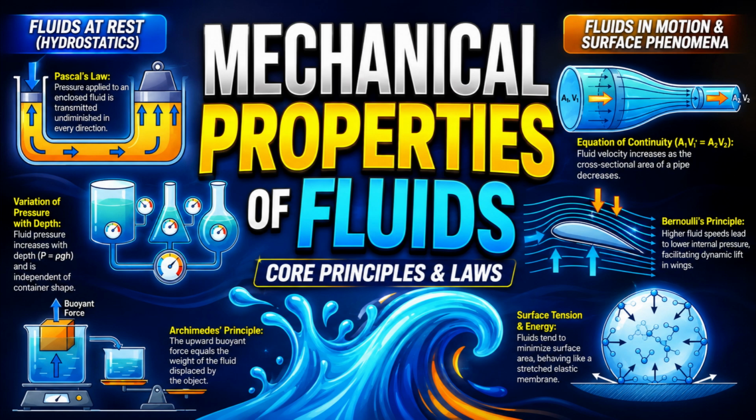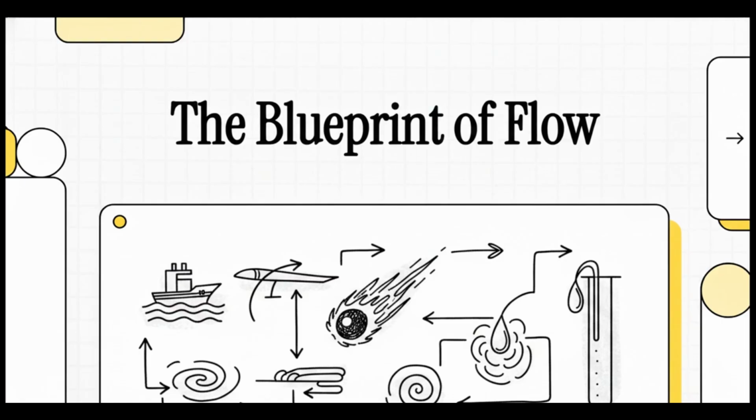Welcome to This Explainer. Today, we're going to reverse engineer the physical world around us. From how massive ships float to how meteorites survive falling through our atmosphere, we're meticulously unpacking the definitive blueprint of fluid mechanics. Whether you've ever wondered how a gigantic aircraft actually stays suspended in the sky, or why water seemingly defies gravity to curve up the side of a glass, the answers all lie right here in the hidden architecture of flow.